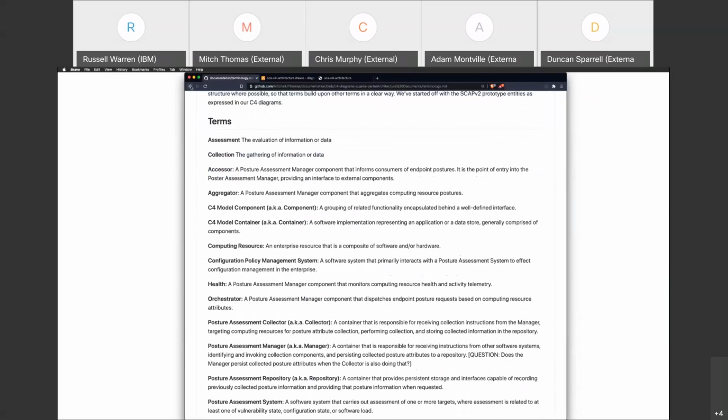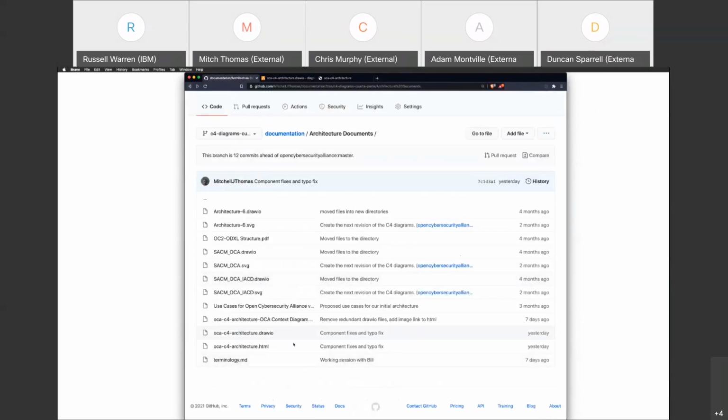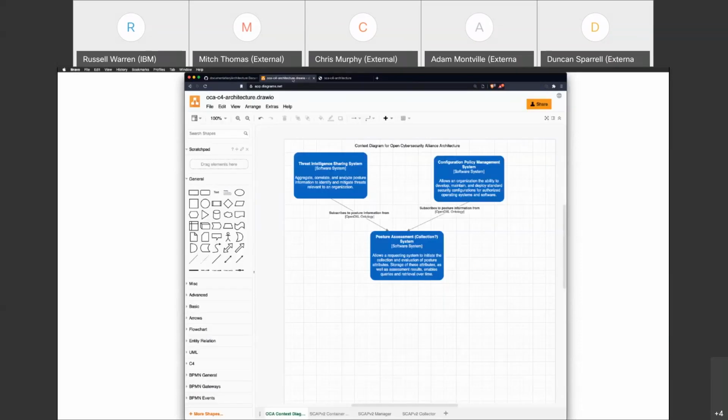And then, of course, the other thing that we have are the use cases, which is this PDF file here. Ideally, there's going to be a map here. What's missing from this highest level view, to get to your point, Mr. Sparrow, is you don't see any humans in here. And that doesn't seem right either, because in the end this is meant for people. People run threat intelligence sharing systems, and they define policy and try to enforce it, and they're interested in figuring out the posture of their IT and OT environments.